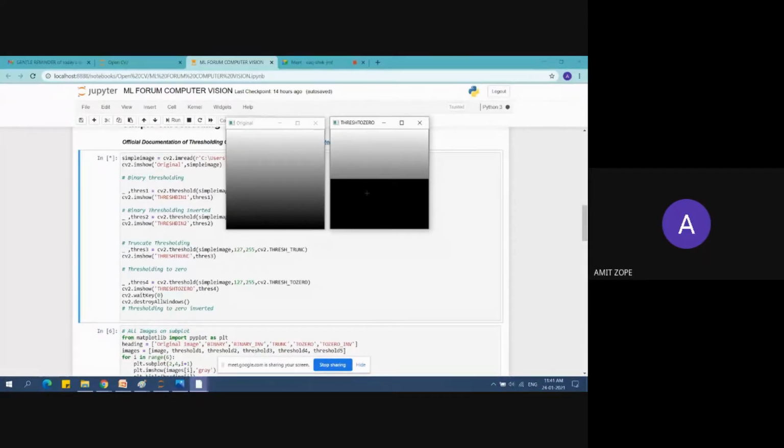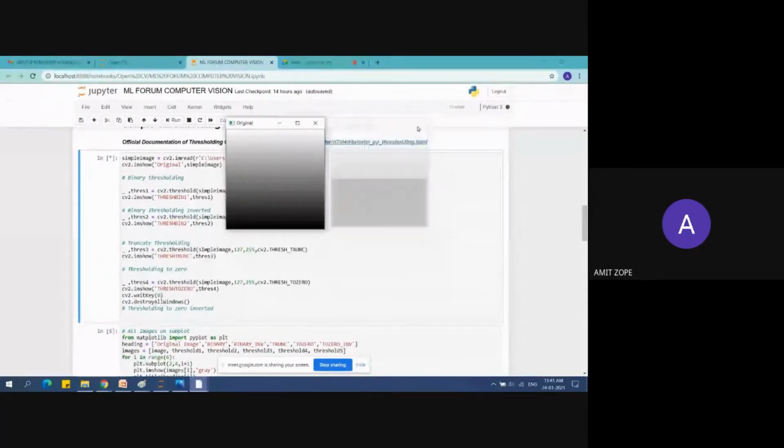Whatever the pixel value is less than 127, it makes 0, and keeps the pixel values above the threshold, greater than or equal to 127, as they are. And for the to zero inverse, it is just the inverse of this.